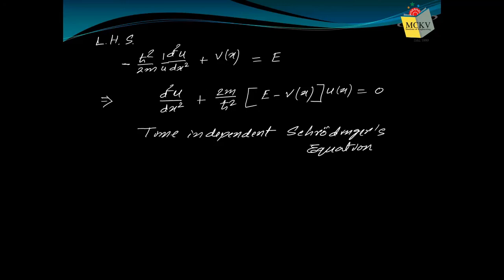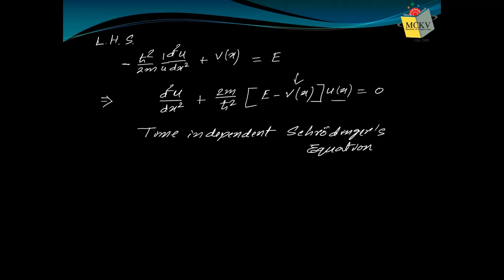And we need to actually solve this equation only. We need not bother about the time dependent Schrodinger's equation. Under a defined condition, we'll get a different value of V. We'll put that value of V. There will be certain conditions to impose. We'll use those conditions and we'll find u. It's very easy, trust me. You are doing this for the first time, that's why you may think it's tough, but it's not. When you do the application, you'll understand.